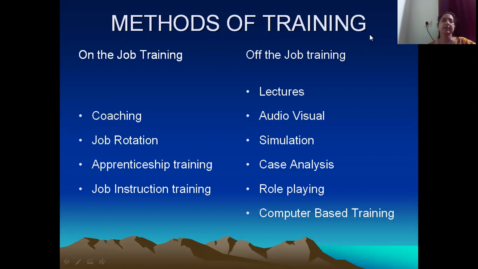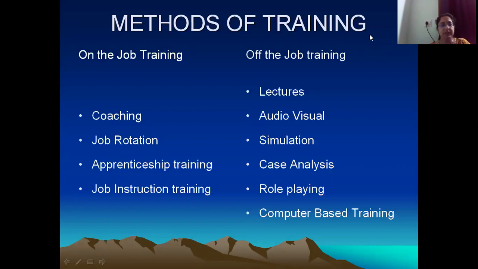So what we understand by on-the-job training here is the candidate or the employee learns as they are performing the job. So they're performing the job and at the same time they are also in the learning process. So normally on the job training is something which is seen through all cadres and positions in the company. So right from a clerical staff to a president, all these people would have definitely gone through the process of on the job training.